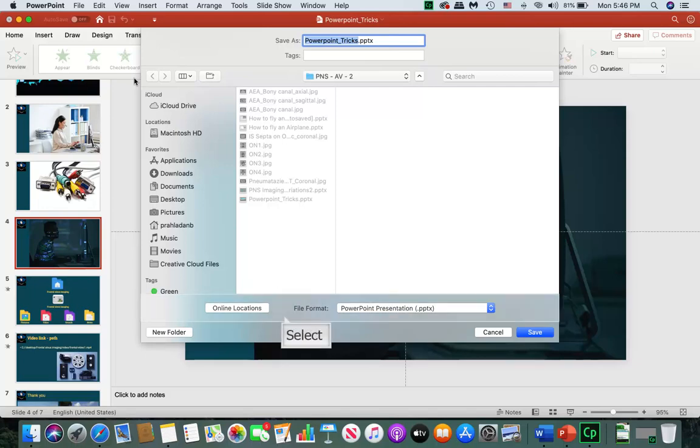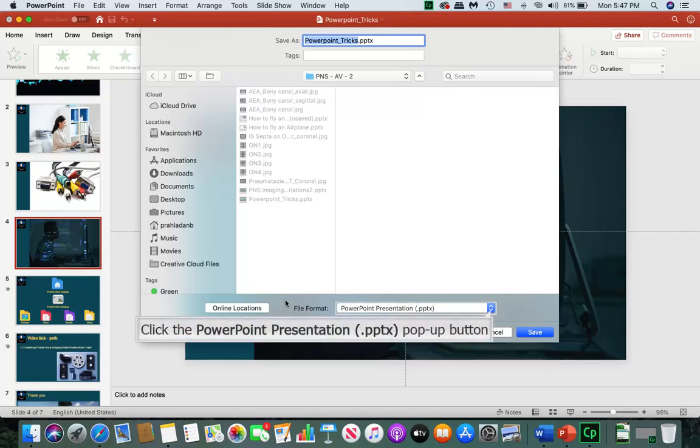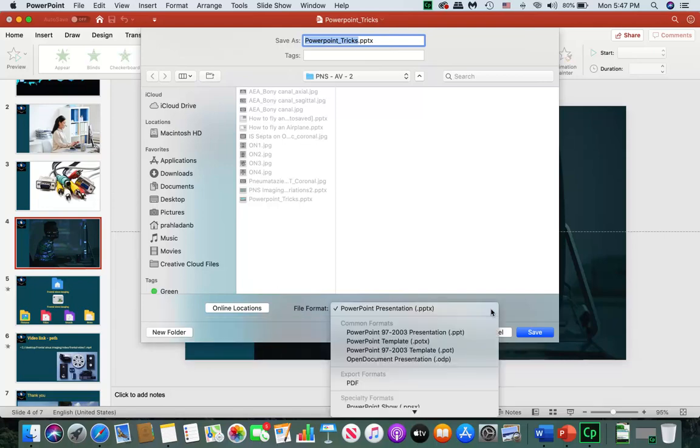So here the file format option is there, as you can see here. Here the current format is PowerPoint presentation, that is .pptx. I want to go for an older version. When I click down the drop down menu, other commonly used formats are shown, as you can see here.